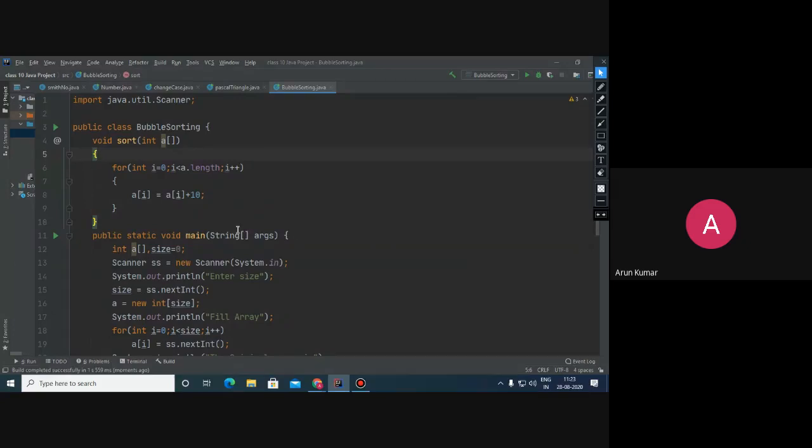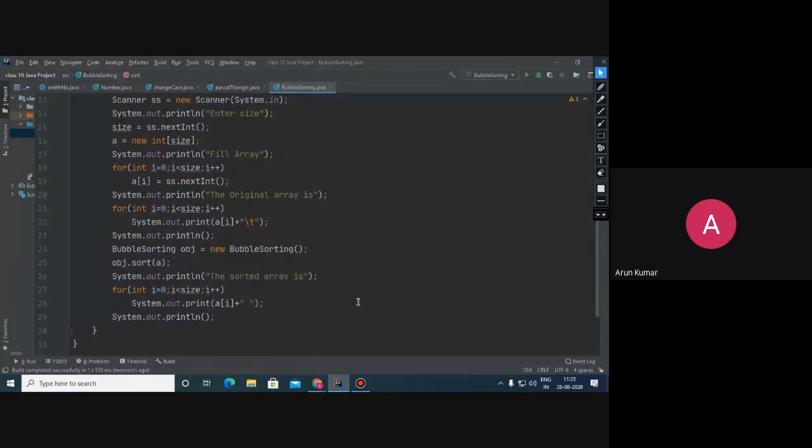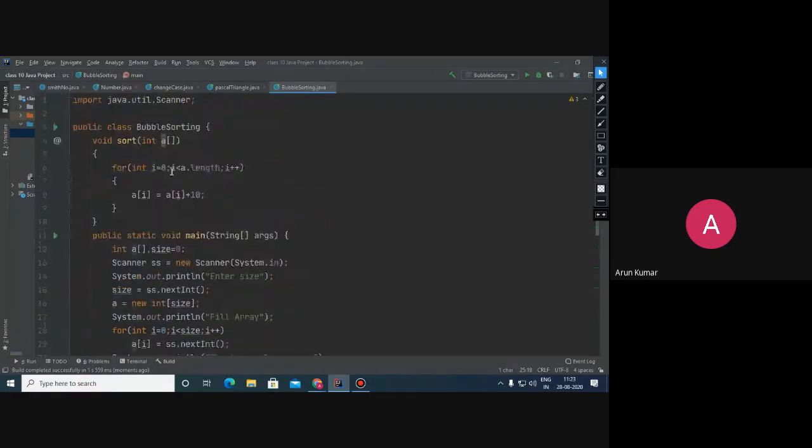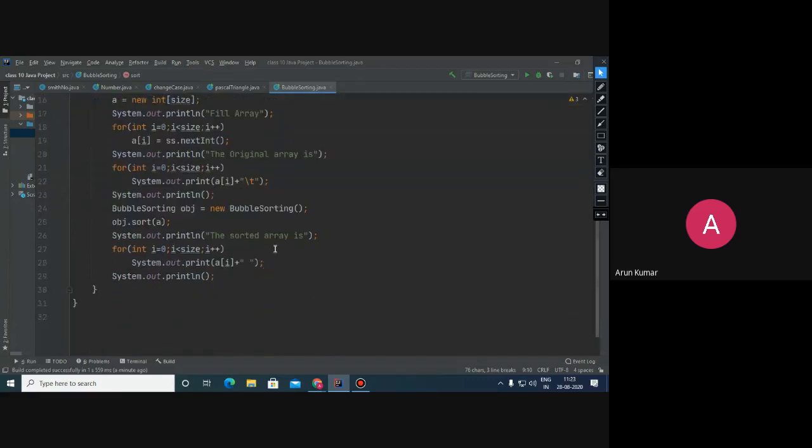And how is it reflecting? Just because the array is a reference data type. I am passing the address of this array, and here this A is receiving the address of this array, and whatever changes we are making within the array will get reflected within the main method.